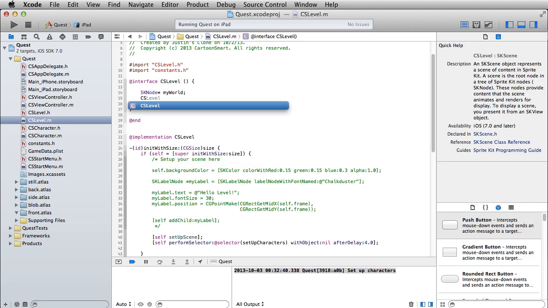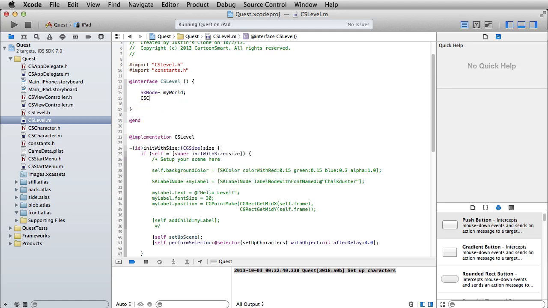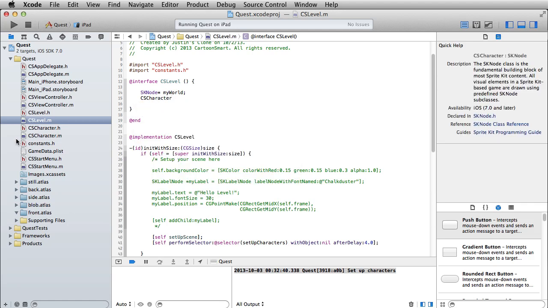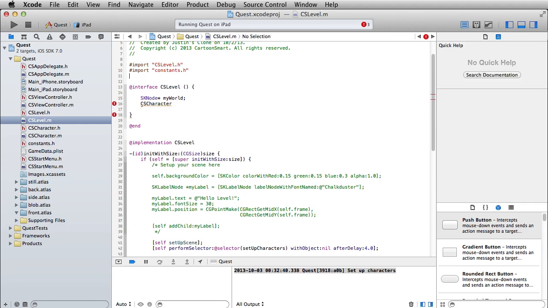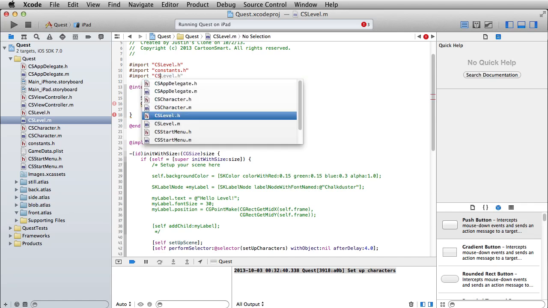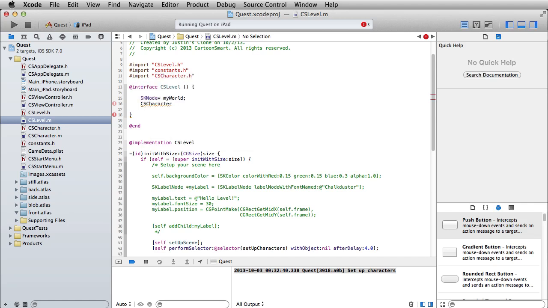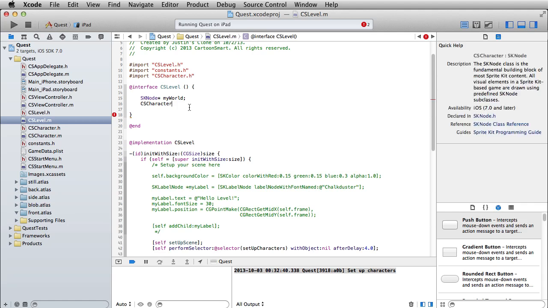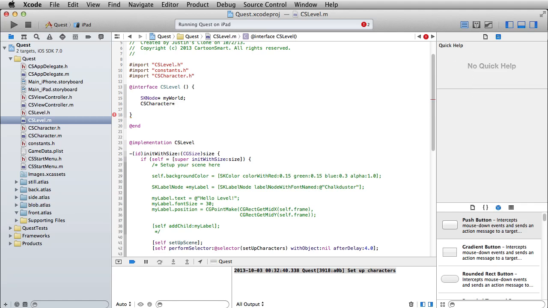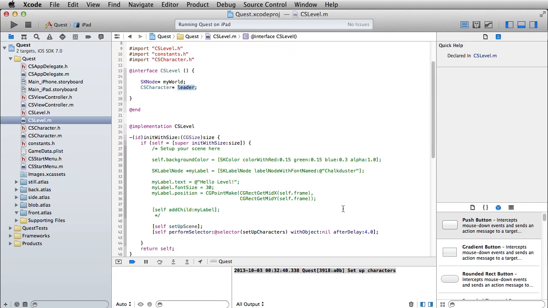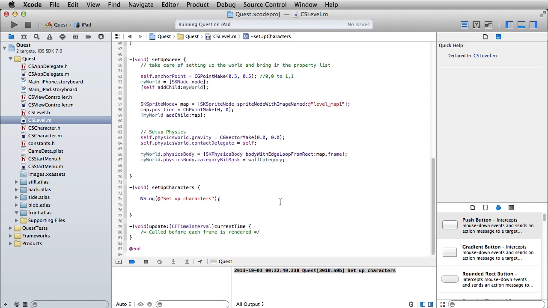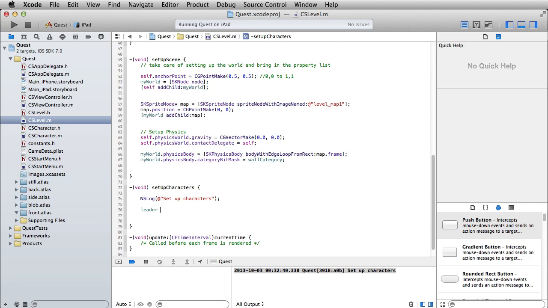So CS character, now check this out. This is going to be my character class right here. Now I'm getting that little error because yet again I forgot to import something. So let's put in CS character, just import the header file, and now I put CS character, got my pointer after it, and I'm just going to write leader. That should turn green, and then at any point after this I can write leader, and it'll know what I'm referring to. So I'm going to write leader equals